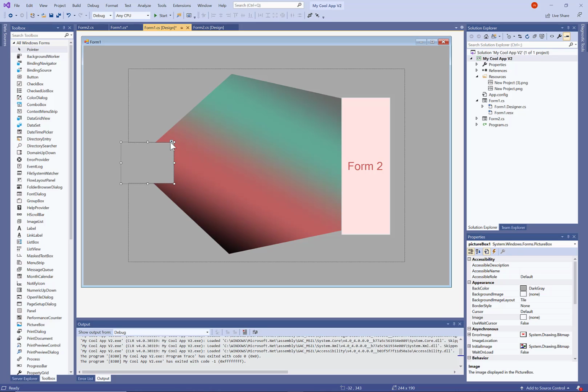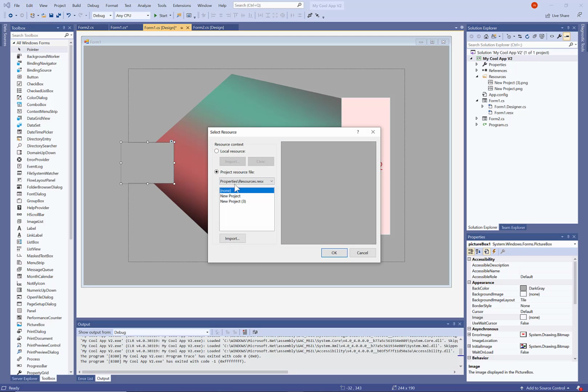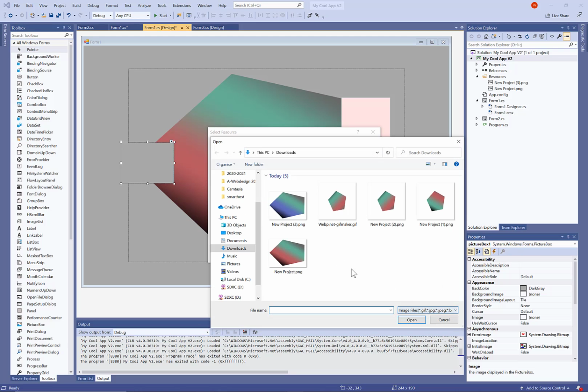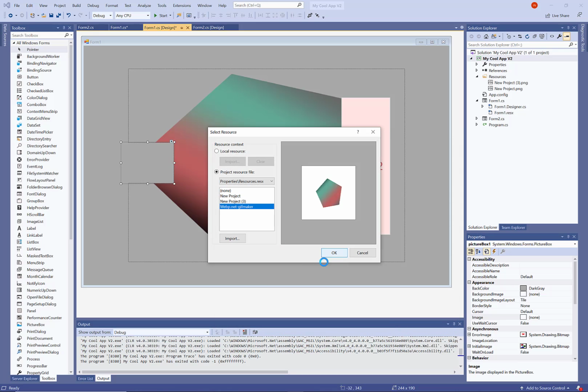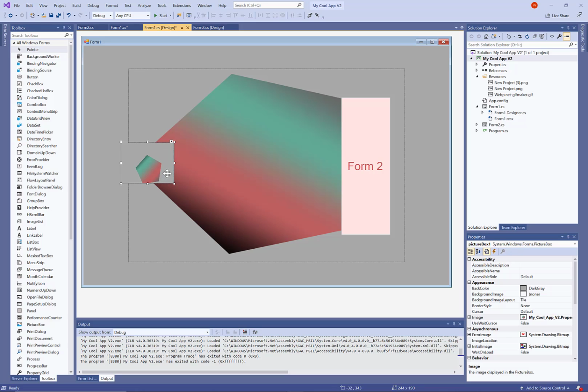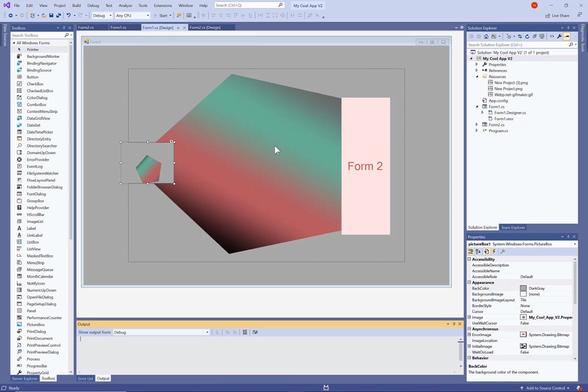All right, so I'm going to click on the play button, choose an image, and this time I'm going to select the animated GIF that we created earlier. Click open, click OK. All right, so now I'm going to make sure that the background color is set to dark gray. Otherwise, we won't be able to have the transparent background. And now if I press start,